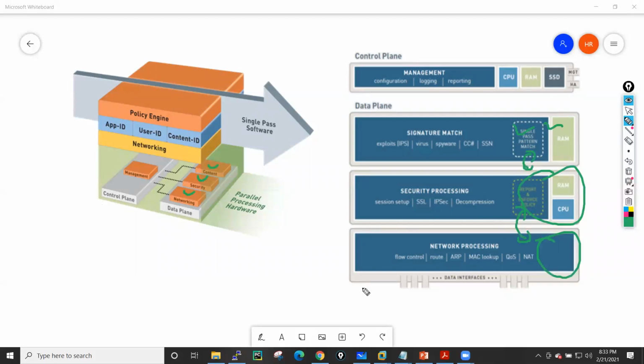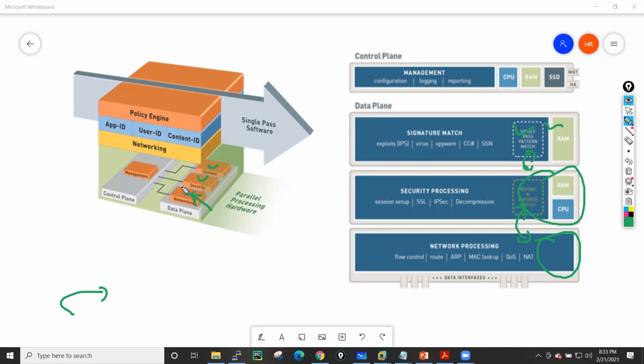Let's suppose someone has launched some kind of attack on your networking engine. Maybe let's suppose we have wrongly advertised a few routes on the network, on the routing table, right? In that case, maybe your routing table floods. Or maybe let's say someone has launched some kind of ARP spoofing attack.